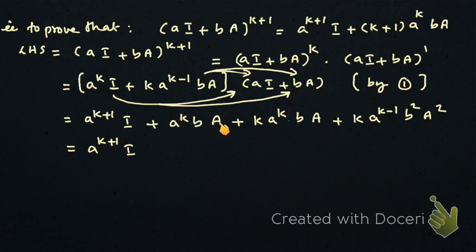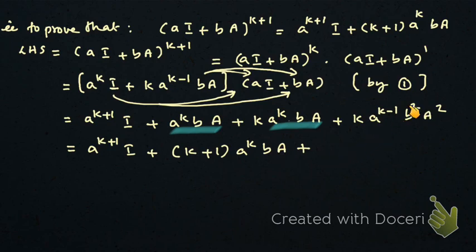A raised to k ba. That much is common in these two. So I'm going to take a raised to k ba common out. And if I take that out, what is balance here? A raised to k ba is completely gone out, so that's going to be 1 plus k. So 1 plus k, I have 1 here and k there. So 1 plus k, of course I wrote it as k plus 1. 1 plus k into the common factor which I took out, a raised to k ba, plus, oh no, hold